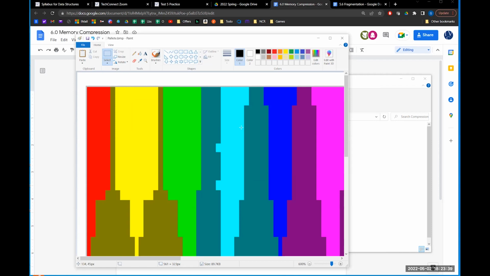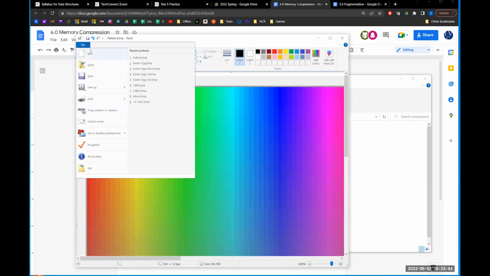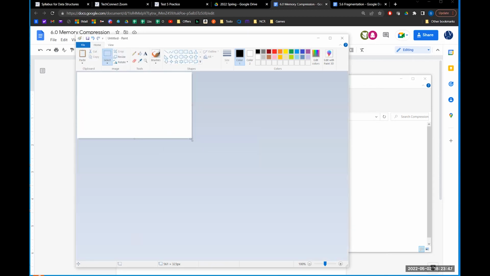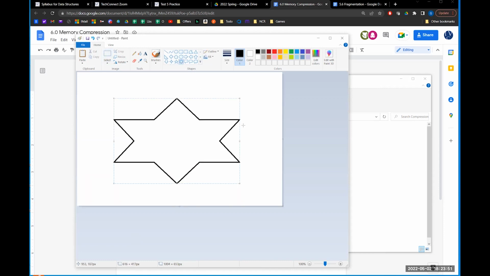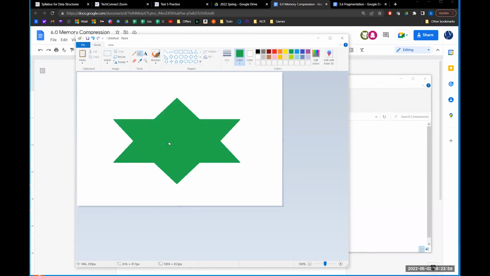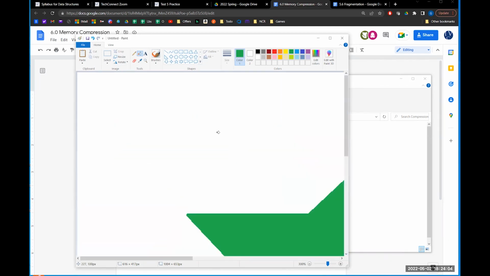Now, the other thing we can get is also artifacting, which we will see with other compressions. Go for that. Okay. All right, so here with the star,